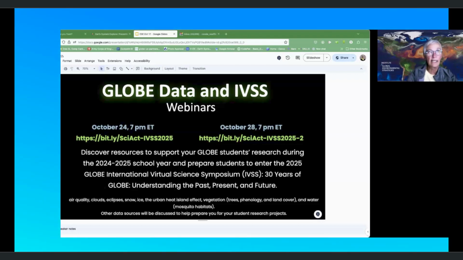And then October 28th at 7 p.m. Eastern, we've got air quality, clouds, eclipses, snow, ice, the urban heat island effect, vegetation, including trees and phenology and land cover campaigns, and then water with mosquito habitats. There are also other data sources that would be included. So if you're an educator looking to find an area for your kids to get into, the projects are open for submission